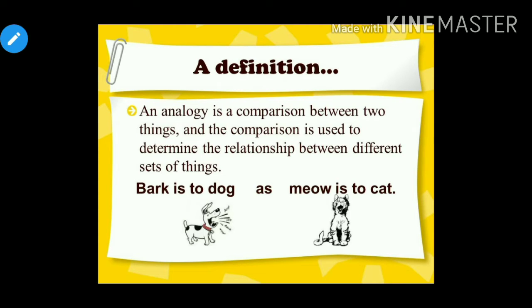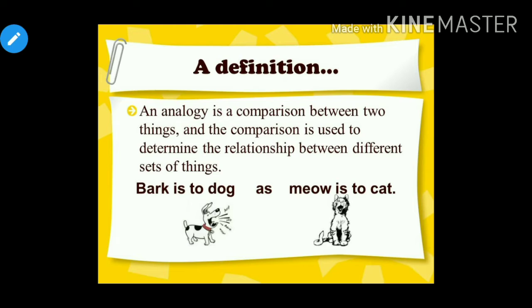Okay. What are analogies? An analogy is a comparison between two things, and the comparison is used to determine the relationship between different sets of things. Whenever we compare two things having the same qualities, we determine the relationship between different sets of things. Just for an example, you can see over here, if bark is to dog as meow